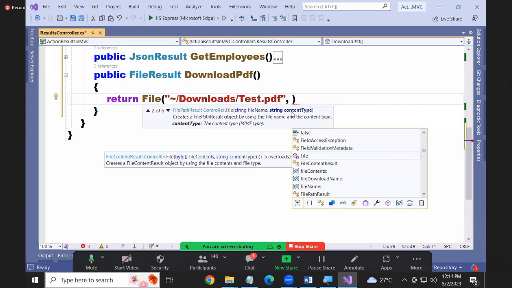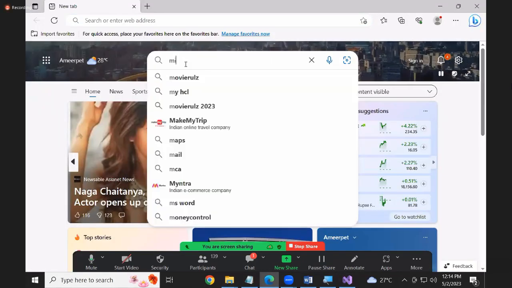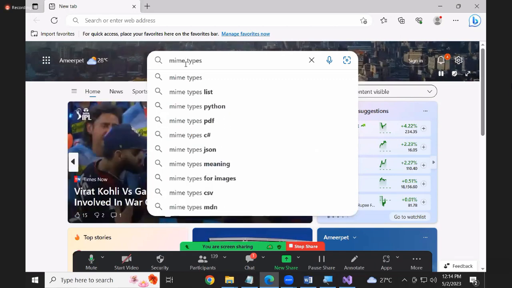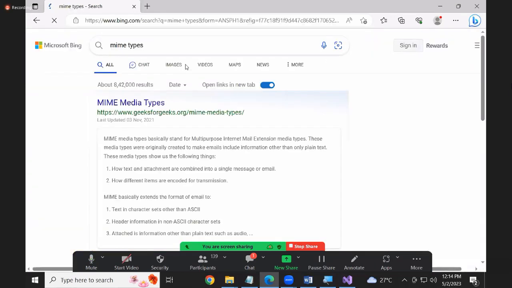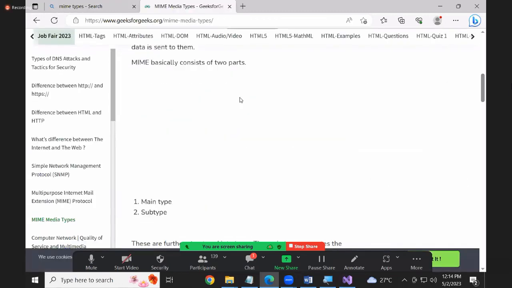What is the format of the file? You have a .txt file. We call that text slash plain. So basically, just a minute. Google search for an option called MIME types. Search for MIME types, guys. If you go to MIME types here,